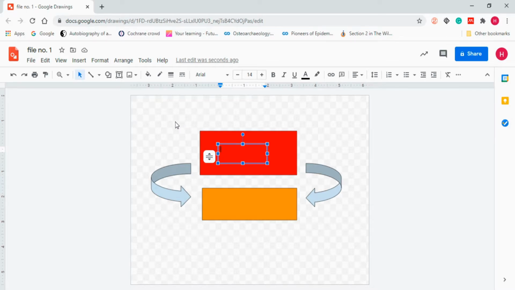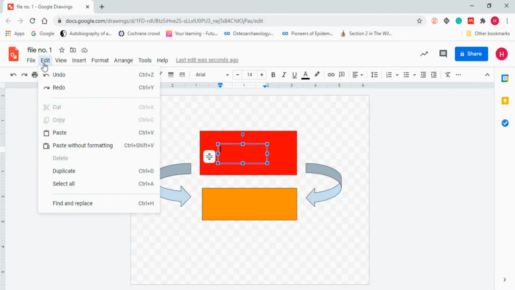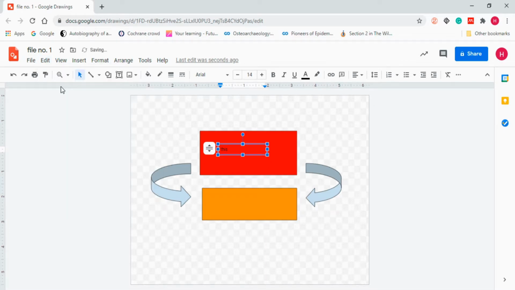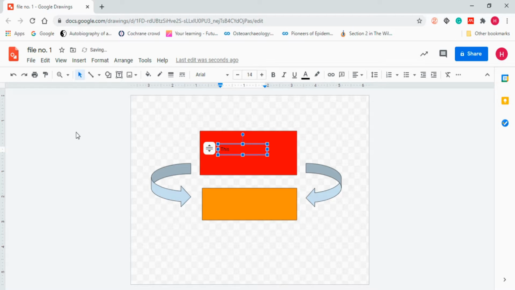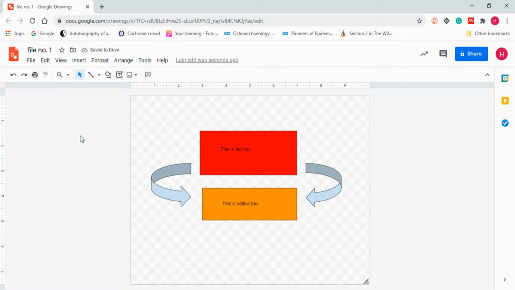So if you have undone the process, you can redo the process. That means you want to go forward. Earlier in the undo process, we went backward. Again, we click on Edit and go to Redo. Again, it is Control Y. Now click Control Y, Control Y, Control Y, and again. Now you can see this is the final result that we are left with, because earlier we undid the process. Now it's redone. So now we go back to the position where we earlier were.